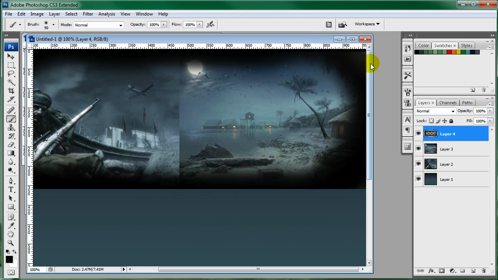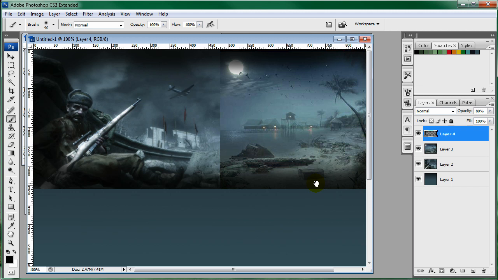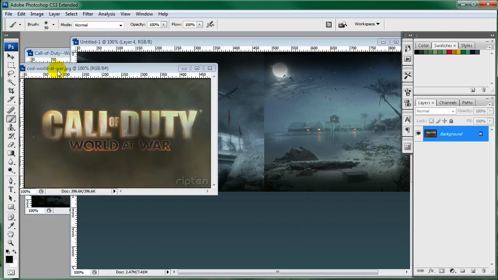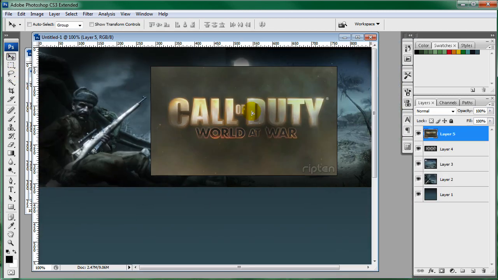Oops. Okay, let me lower this opacity just a little bit, and that's looking pretty good. Okay, we have one more image I want to drag onto here, which is this Call of Duty. We're going to drag it right into there